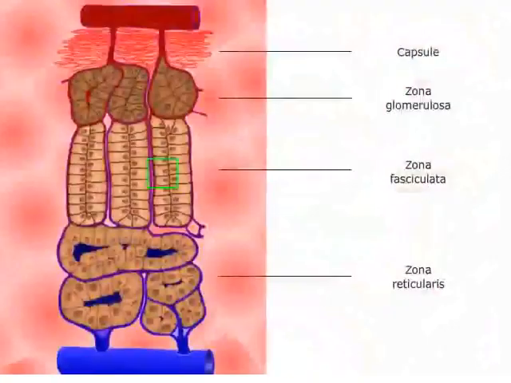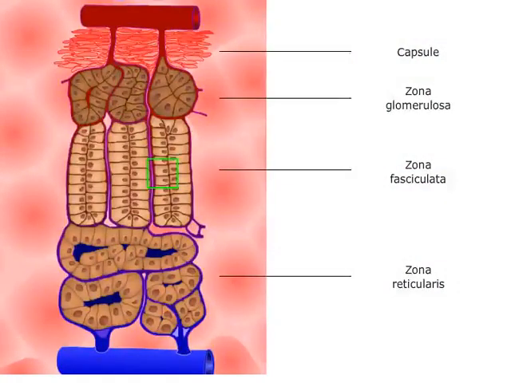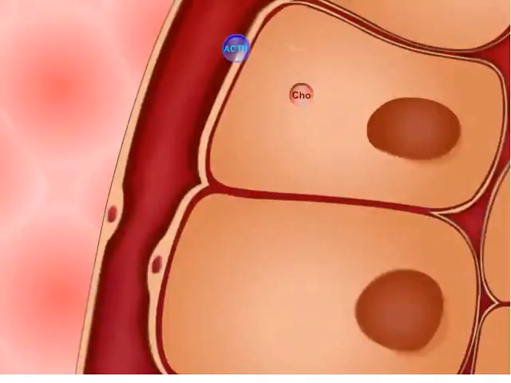We will now describe cortisol synthesis, which takes place in the zona fasciculata. Cortisol is synthesized from cholesterol in response to ACTH using cyclic AMP as a second messenger. The catalyzing enzyme is desmolase. This results in the formation of pregnenolone. 3-beta-hydroxysteroid dehydrogenase converts pregnenolone into progesterone, whereas 17-alpha-hydroxylase converts pregnenolone into